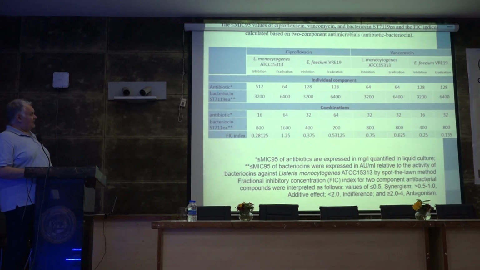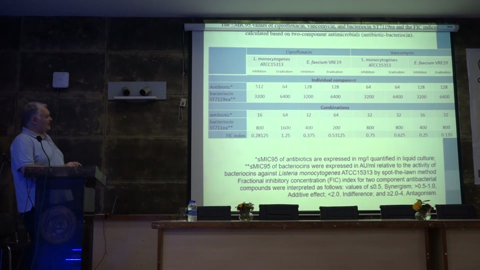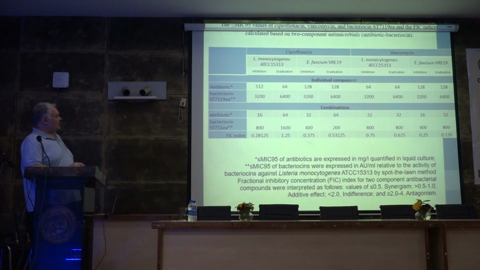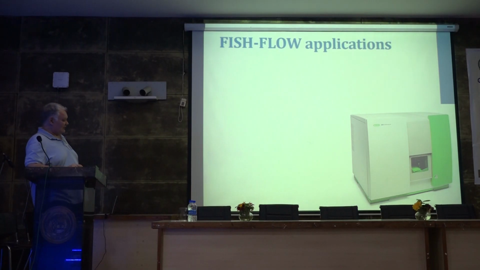Then we wanted to analyze this data, and we were using mathematical models that can tell if it's synergistic, just an additive effect, indifference, or antagonism, depending on the level of this factor: 0.05, 0.5 to 1, below 2, or between 2 and 4. When I was performing these experiments with different concentrations of the antibiotic and the bacteriocin, these indexes in fact showed that in most of the cases we had a synergistic effect. So it was confirming that we can apply the allobacteriocin together with